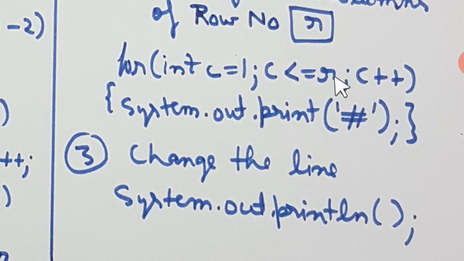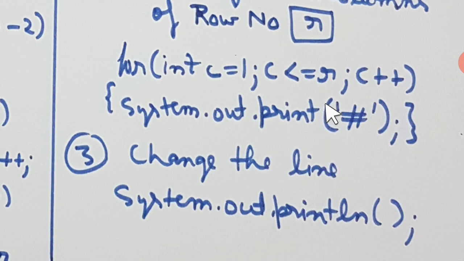First time it was 7, so it will be 1 to 7. Next time it is going to be 5, so 1 to 5, 5 hash will be there, but in different columns of the same row. Try to understand, the initial value of c is 1 and it will go up to r. So c less than equal to r. It was 7 right now, so it's true, it comes here. c is right now less than 7, so it will print 1 hash, then c plus plus, 2 is less than equal to r, that is 7 right now. So second hash, and so on. So a total of 7 hash are going to be printed when the value of r is 7.